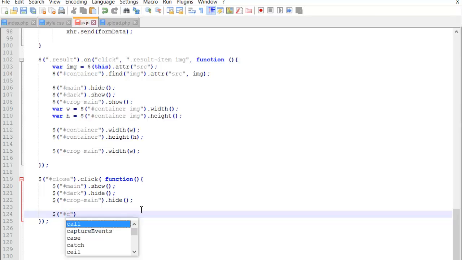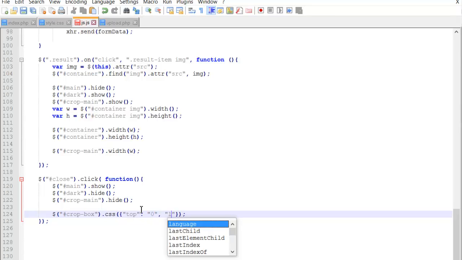and default size, because the person could simply resize it or put it somewhere else on the screen, so make it crop. So whenever it closes, the box should get on the same position where it was by default. So we will simply say CSS. In CSS we will say top 0, left 0,